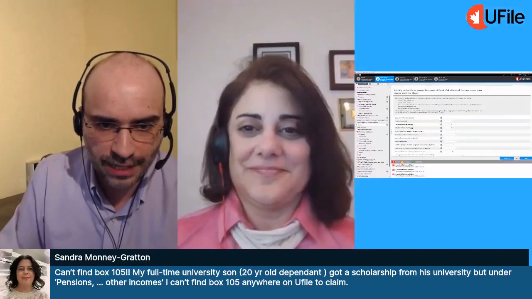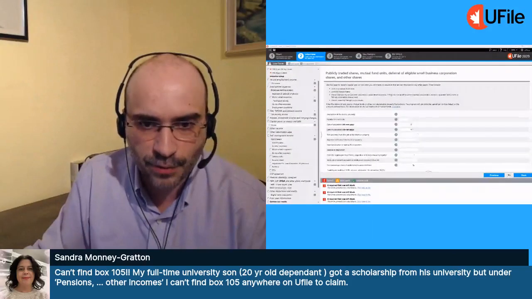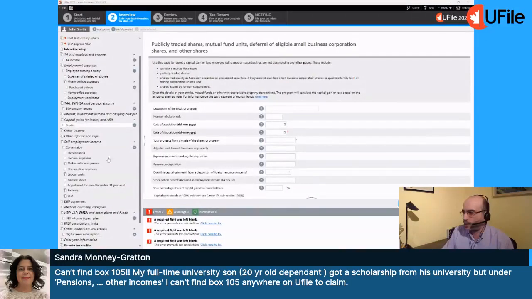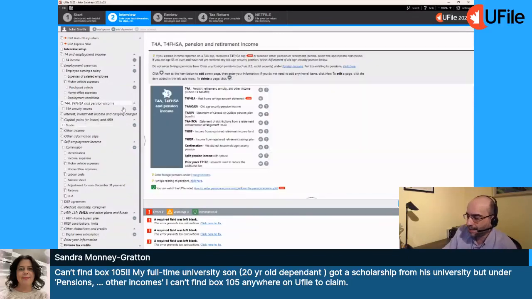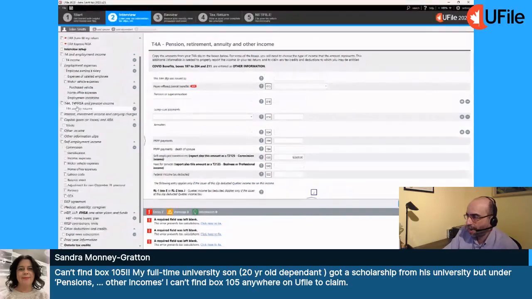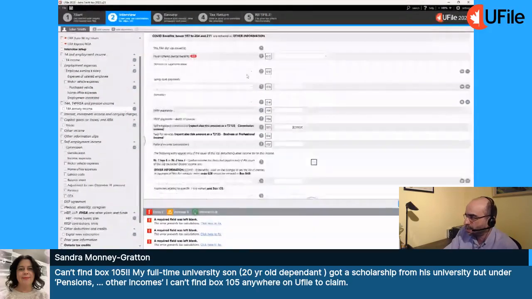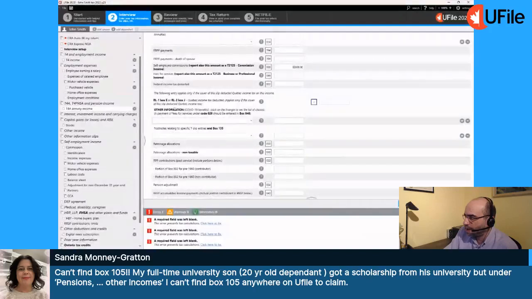So I'm just going to go ahead and share the screen here. I'm going to hide Ida for 2 seconds, and we're going to go back. So the scholarship income is always on a T4A. Okay, so you would simply choose the T4A section and you would add T4A pension income right there. You would click on the plus sign. Then once you click on the plus sign, you go to the T4A annuity income section. Okay, and then you'll notice you have a section called other information on the T4A. Okay, so it's within there.